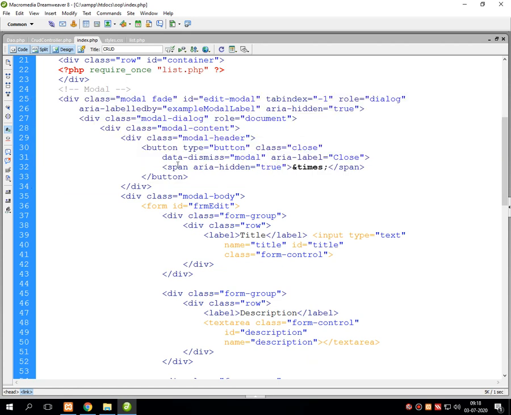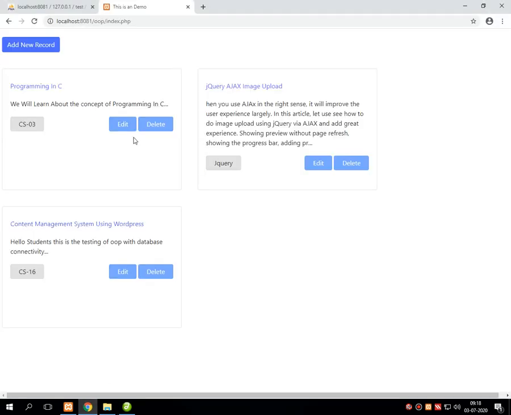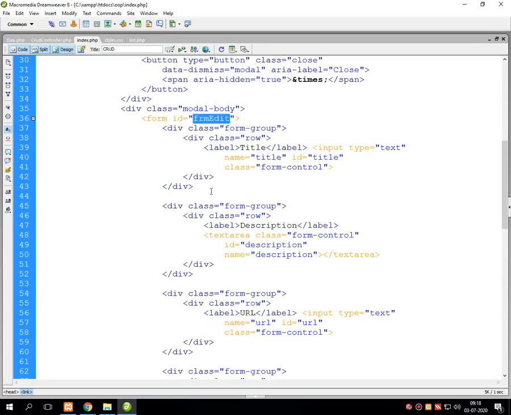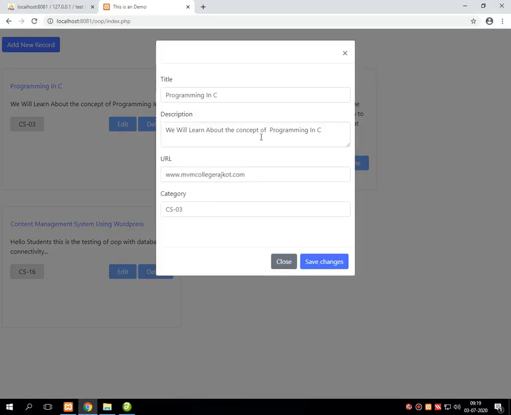It is called a type of wrapper class. In that wrapper class, first I have written a section for FRM edit. This FRM edit will display this edit button. Same like that, in this FRM edit, whenever you click on this edit button, it displays this drop down with title, description, URL and category.